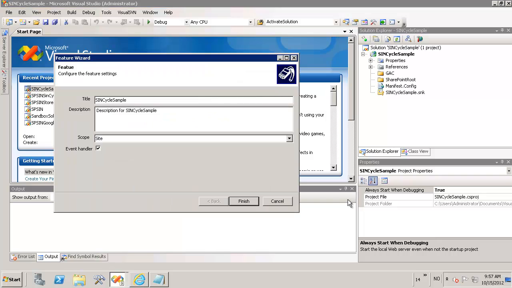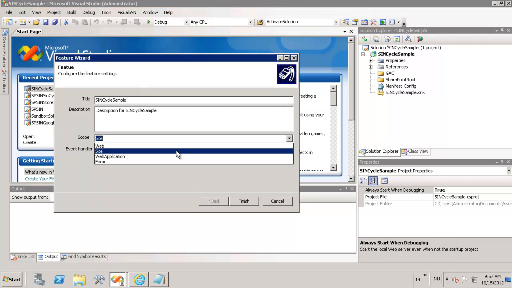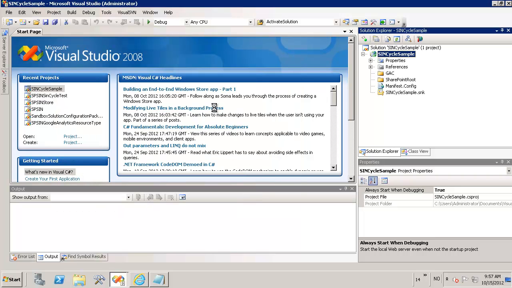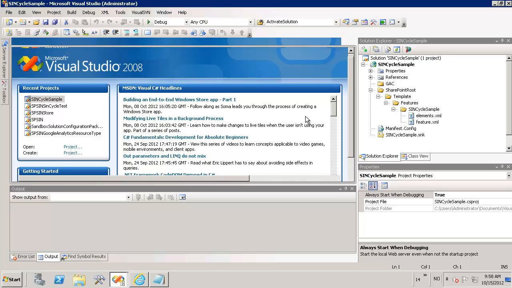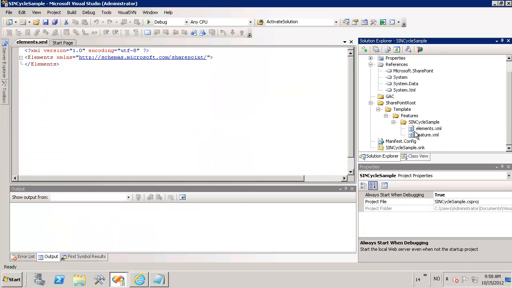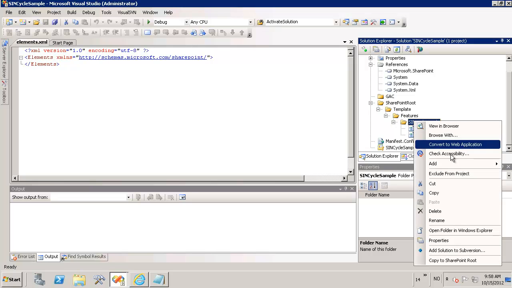And this will basically just create a new feature. You want this to be web scoped, by the way, as most features in SPSync should be web scoped. You may have an event handler; if you don't, that's fine as well. You don't need it if you don't want it. So basically now we have a feature, and the first thing that we want to do is